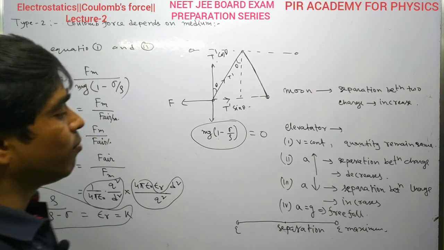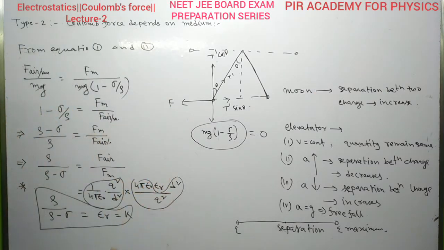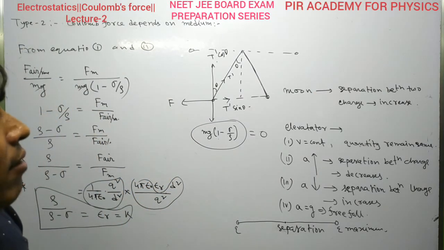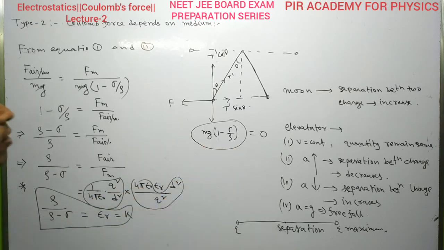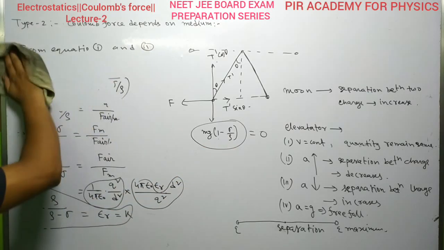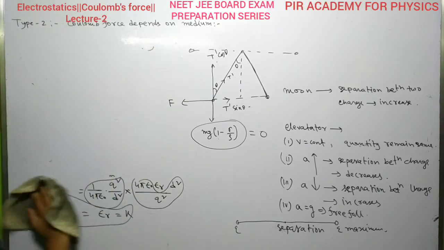If the system is placed on a satellite, then the apparent weight must be 0. If apparent weight is 0, then the separation between